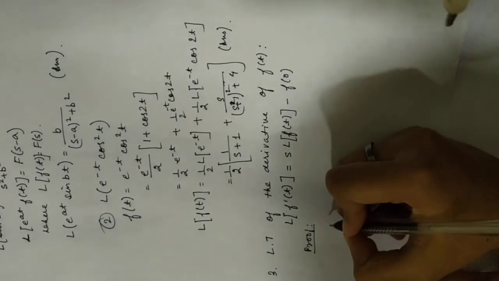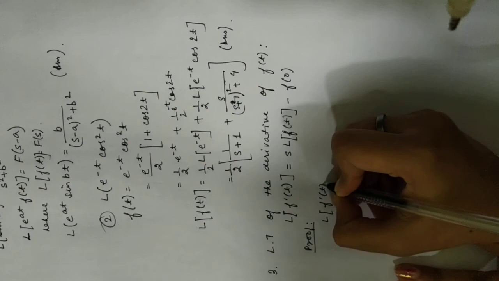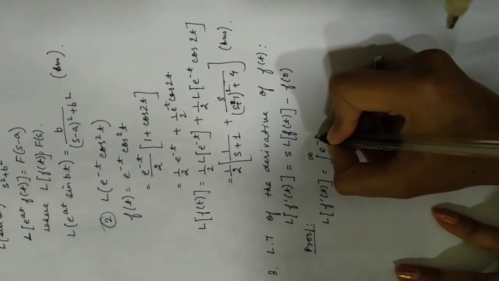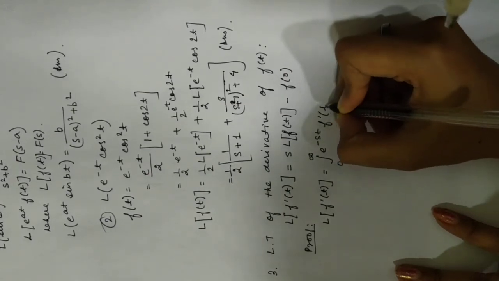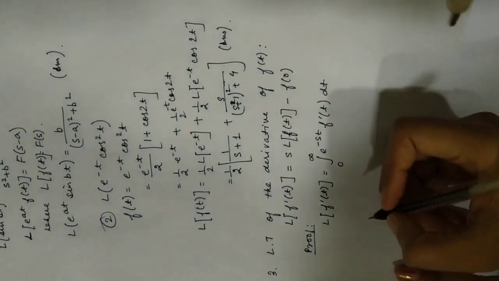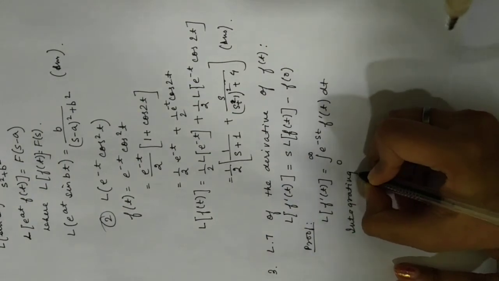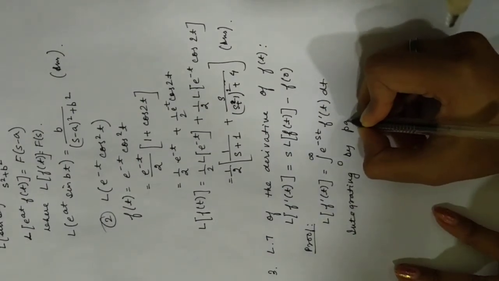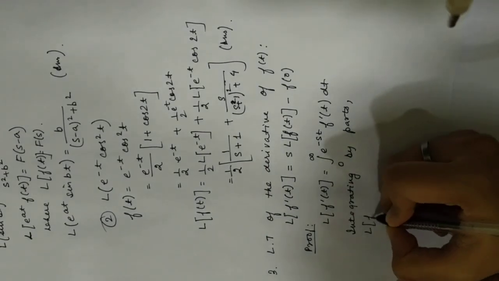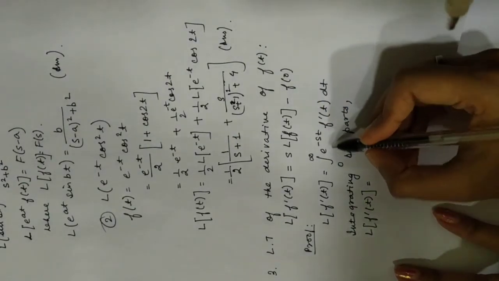So we start with the left hand side. Laplace transform of f prime t is equal to the integral from 0 to infinity of e to the power minus st times f prime t dt. This straight away comes from the definition of Laplace transform. Now integrating by parts, Laplace transform of f prime t becomes, okay, the first function is constant,